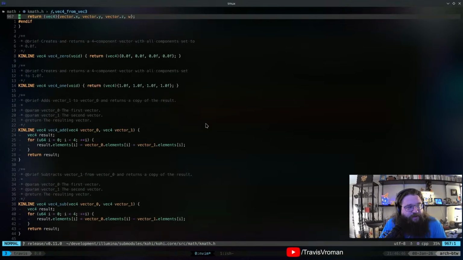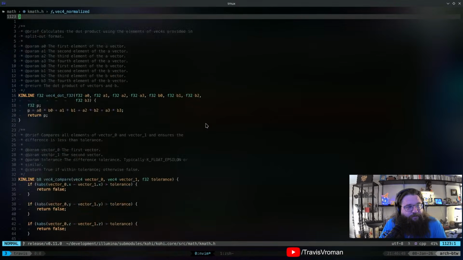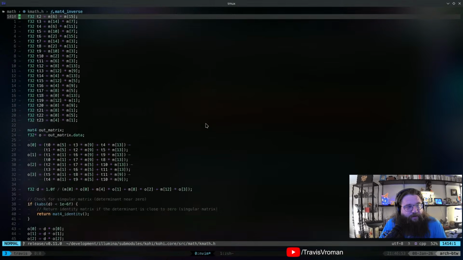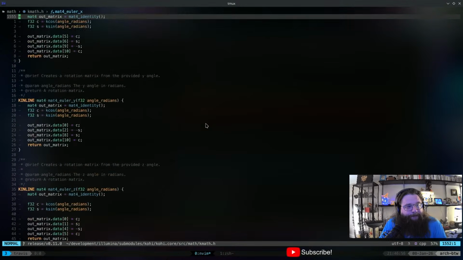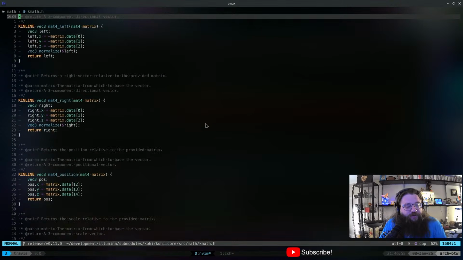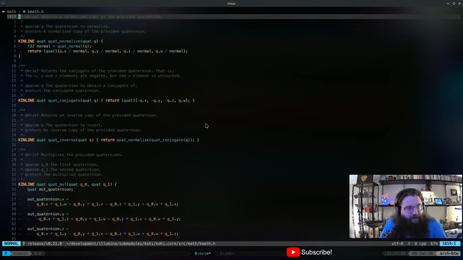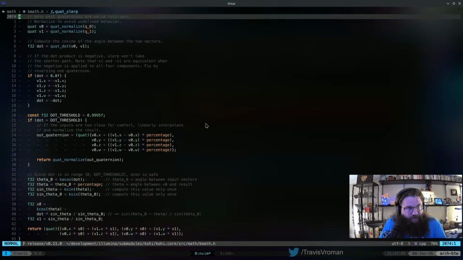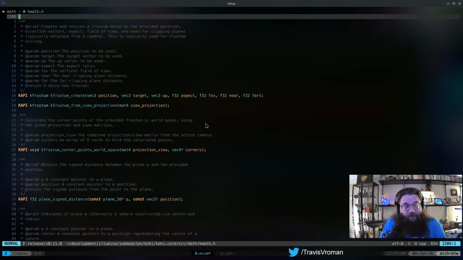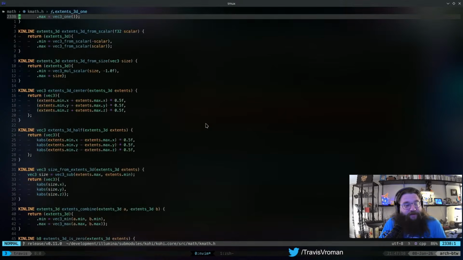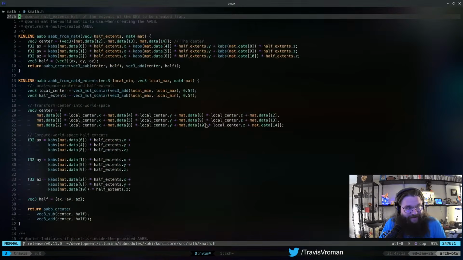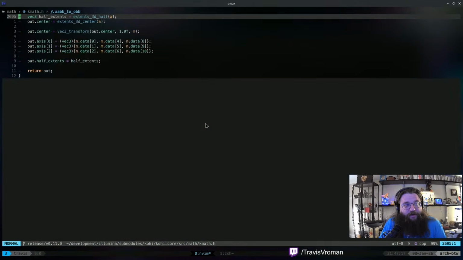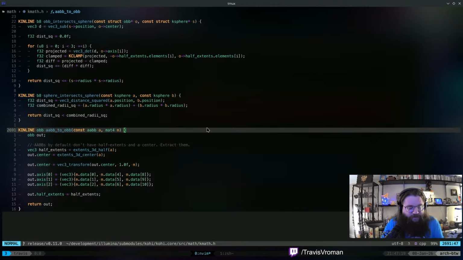But there are some things in here that deal with trig as well, especially when it comes to determining collisions between rays and oriented bounding boxes and things like that. There's a lot of it in here. I'm still scrolling, by the way. I'm not even all the way through the header file yet. So this is our entire math library, and there's a ton of that stuff in here. And that's just the header file.